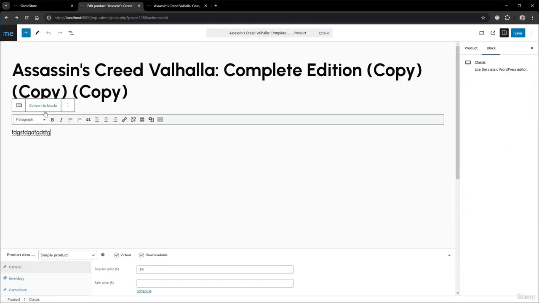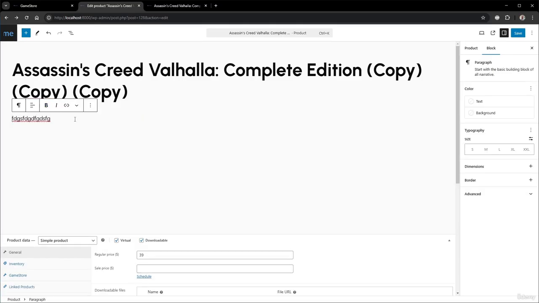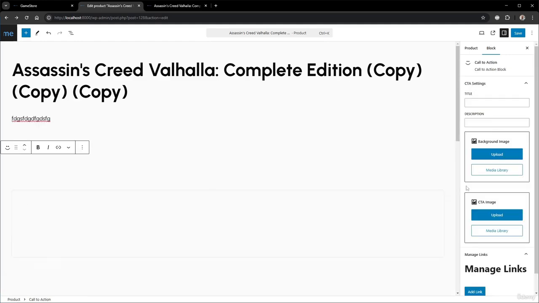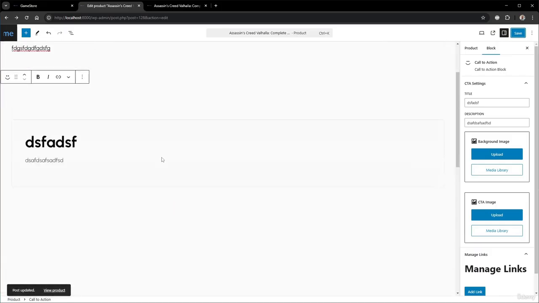Then this block is converted into blocks because it is used as a classic editor. And here we can, for example, add a call to action and fill it in with some data and all the other blocks. We can now